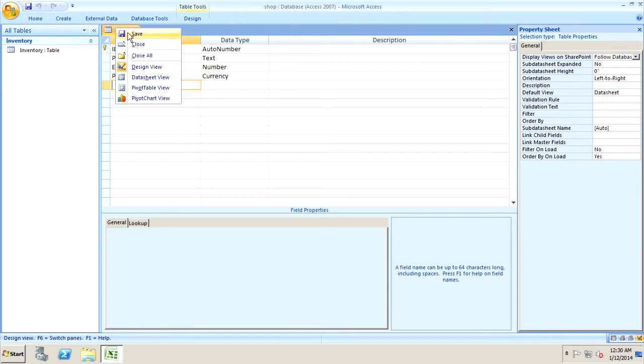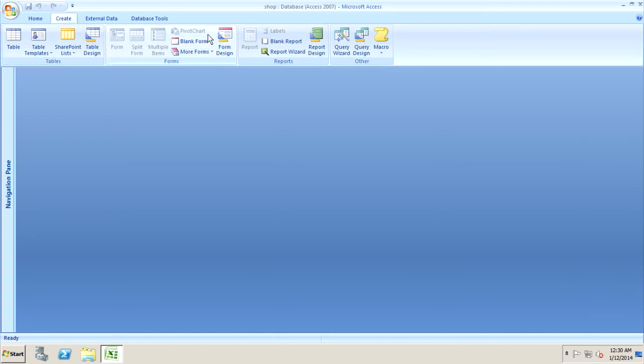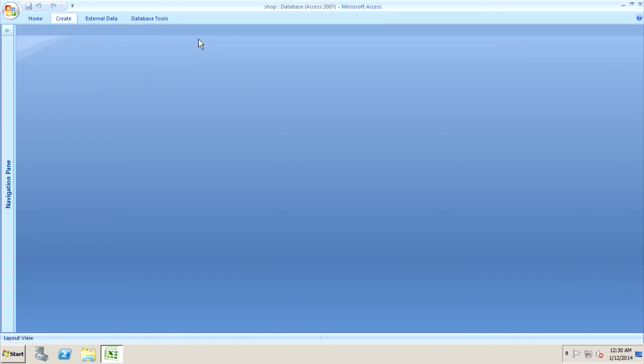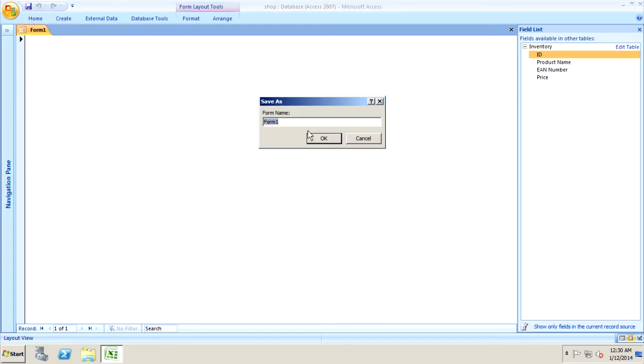Now we're going to create a form. So when you first go onto the Access database, it'll give you a bit of an easier view of the entire database. So I've clicked create, blank form, and here is my blank form. Again, I would recommend saving it. So we'll say shop entrance,